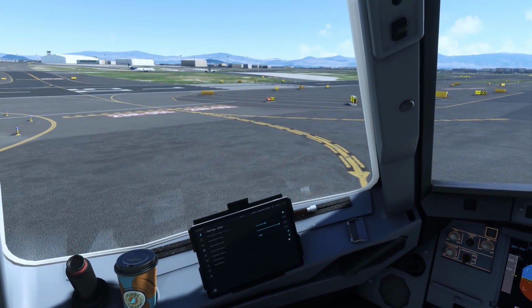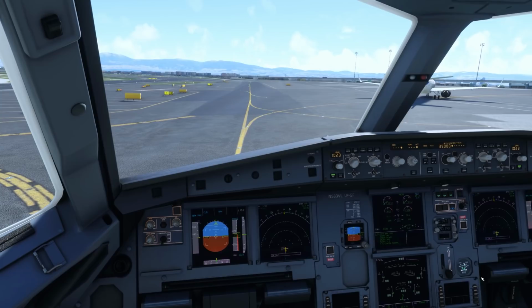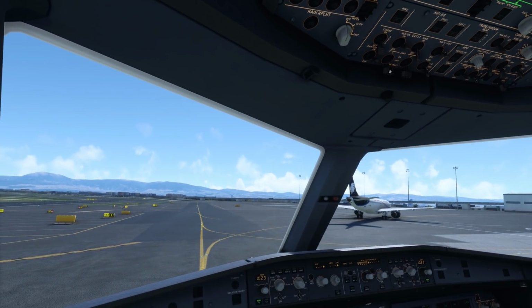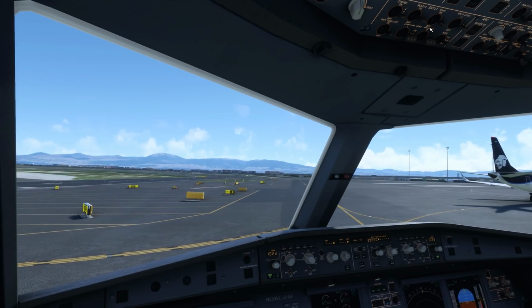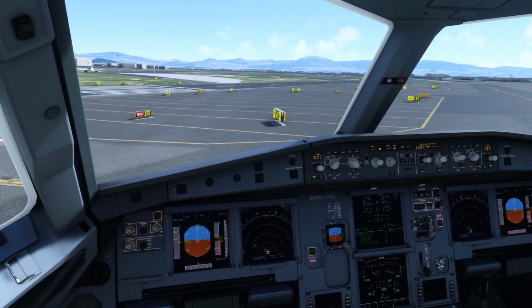And we're holding short of 5 left. I'm gonna check the traffic, make sure we have nobody coming in on final on us here. We'll get this to 20 on that. And we'll go landing lights on. Takeoff, wing light, strobe light. Already got the APU and all that stuff taken care of. Runway 5 left, we'll be lining up in...